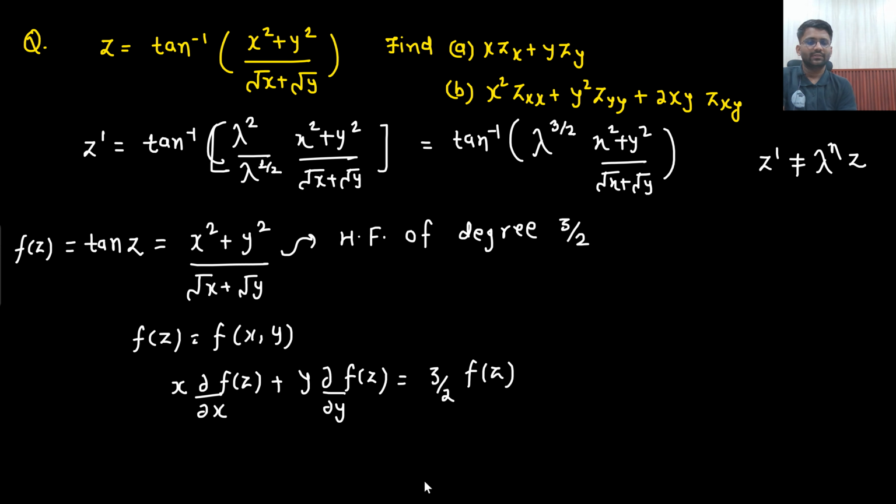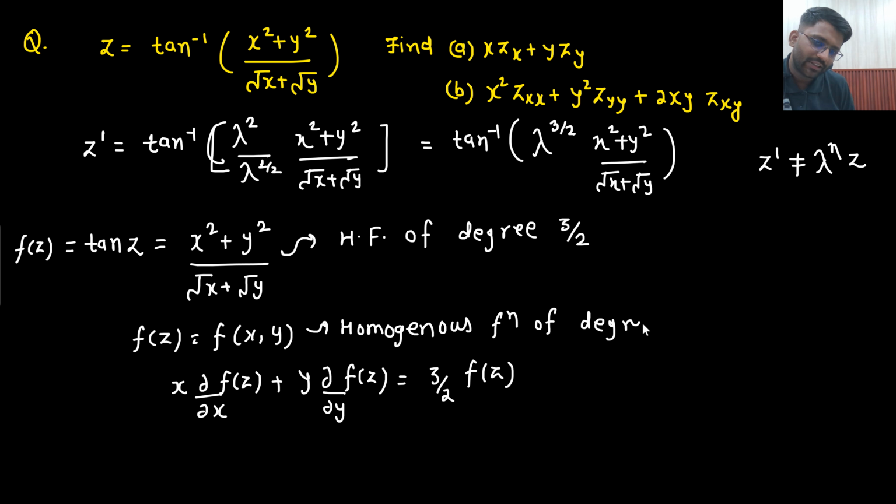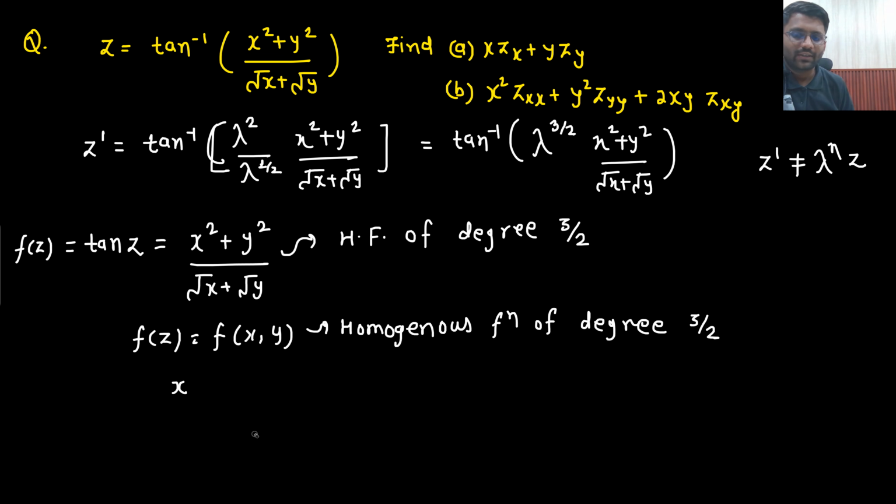Can I do this? Say yes or no. I hope you agree to this point, that fz is a homogeneous function of degree 3 by 2. So if it is a homogeneous function, then Euler's theorem I can apply. What Euler's theorem will say, that if this is a homogeneous function, then again let's write down the step. Since it is a homogeneous function,